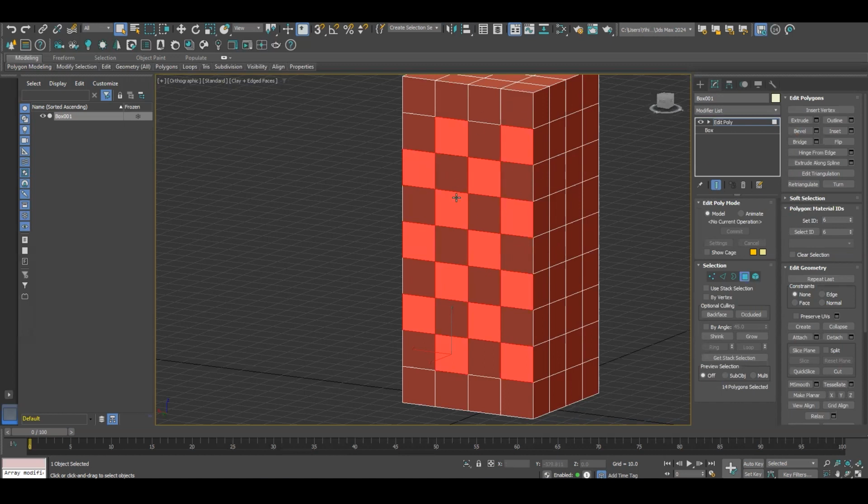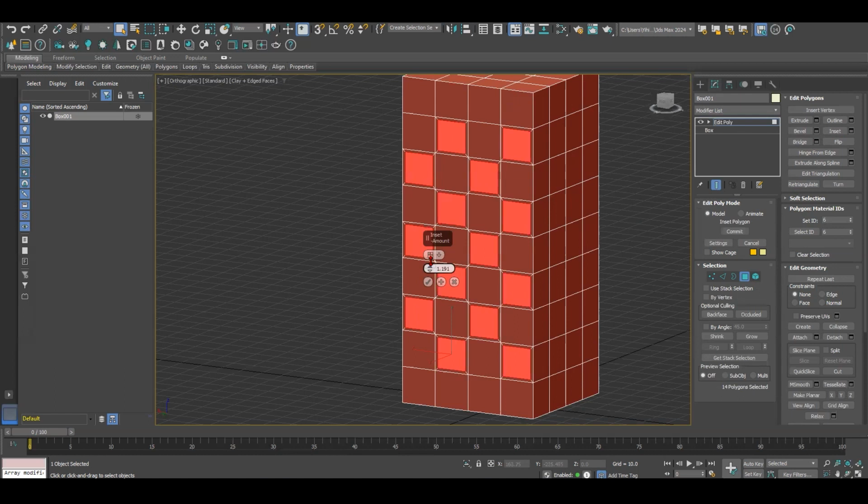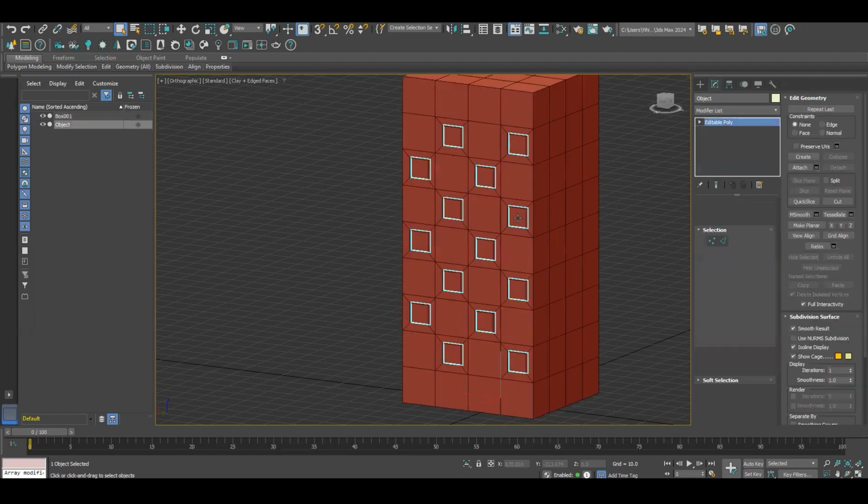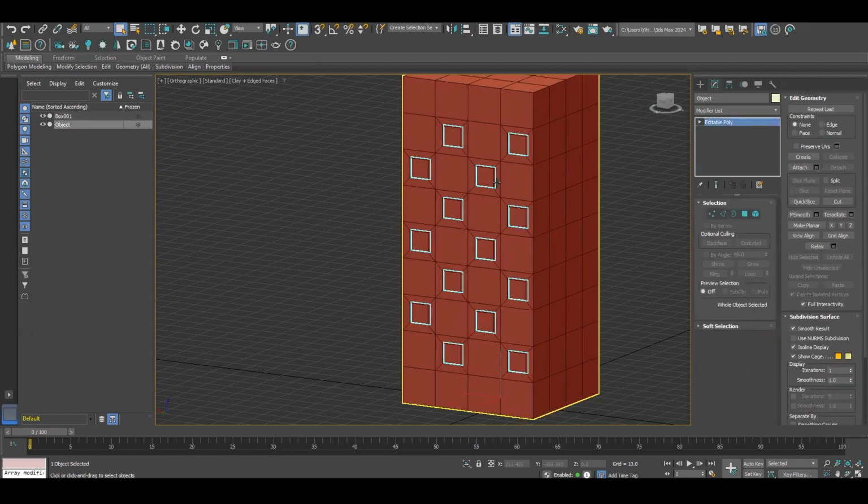After we select the polygons, we can just do Inset by polygon and make the inset inside. Then we can just do extrusion. So that's the windows. You can just detach this, and if you decide to add material, we can just add glass to this material so it's separate.